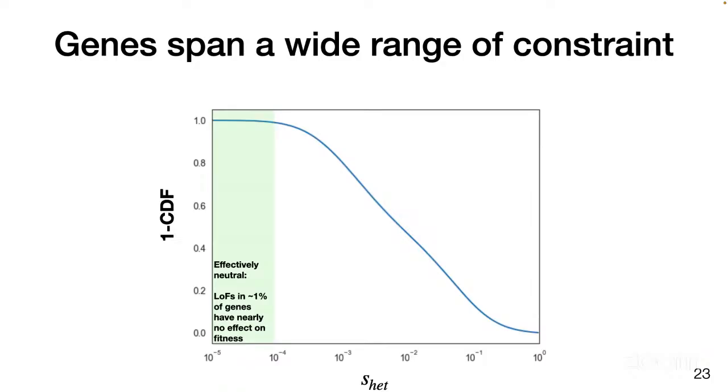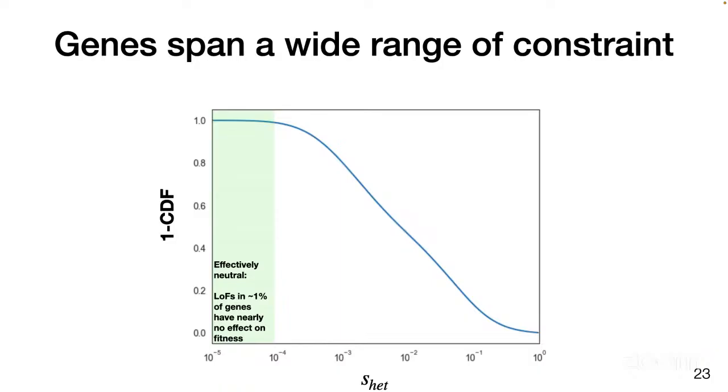Okay. And so here's 1 minus the CDF of selection coefficients. The way to read this is, if I draw a line down, then 99.99% of genes have selection coefficients greater than this value, and 5% or whatever have selection coefficients greater than this value. Okay, and because we can interpret this x-axis in terms of the selection coefficient, we